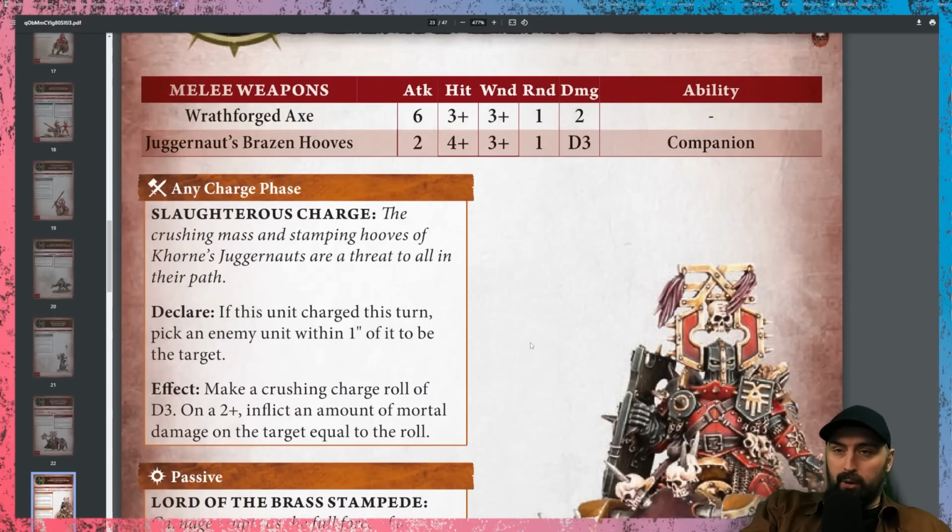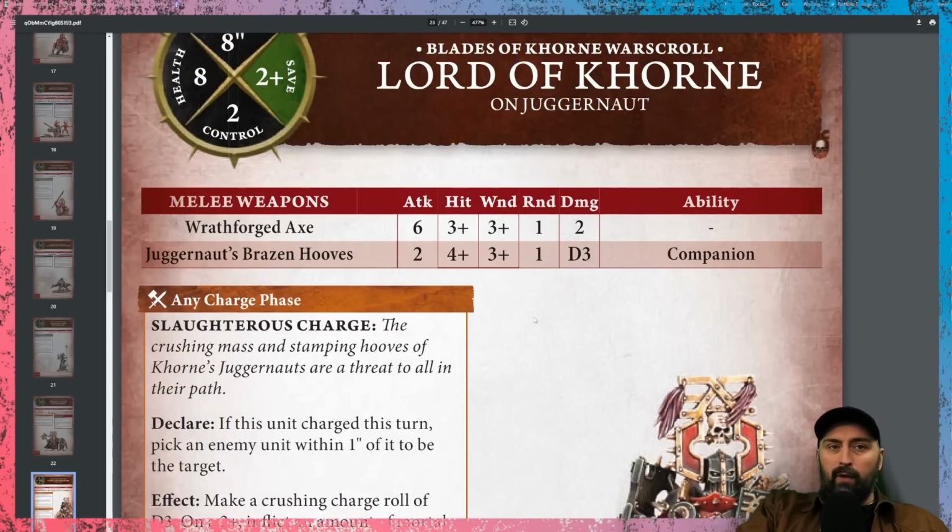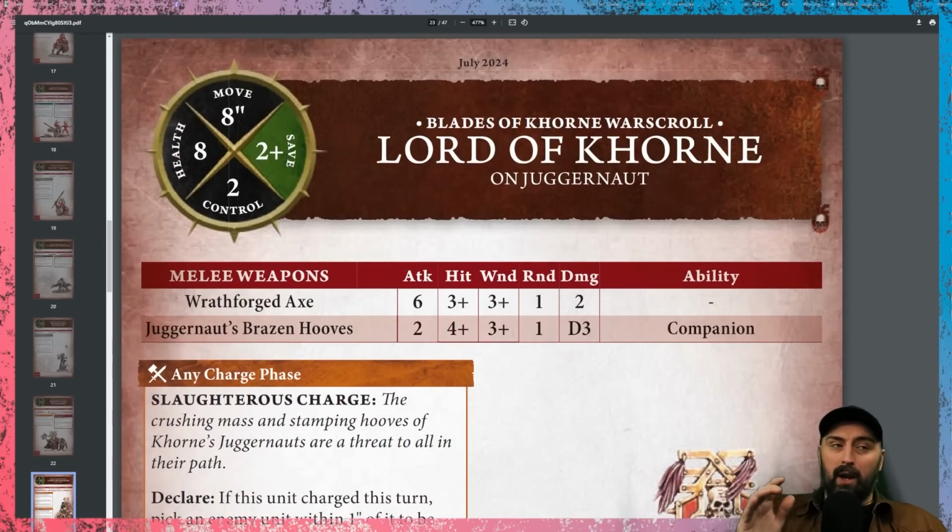He's got his own mortal damage on the charge called Slaughterous Charge, where in any charge phase, if this unit charges this turn, pick an enemy within an inch, roll a d3, and on a 2+, inflict an amount of mortal damage on the target equal to the roll. So he's going to make the mortal damage that a bunch of cavalry do that much more effective. Now, I don't think that's going to end up being overwhelming personally,